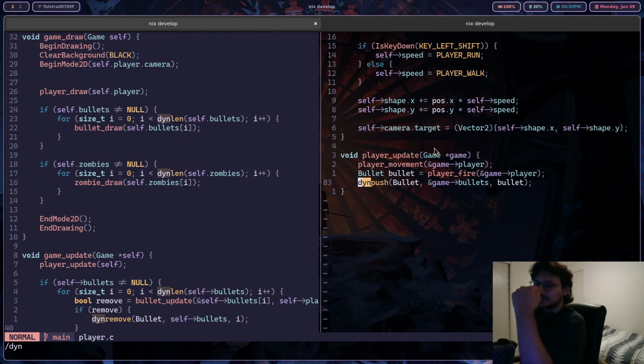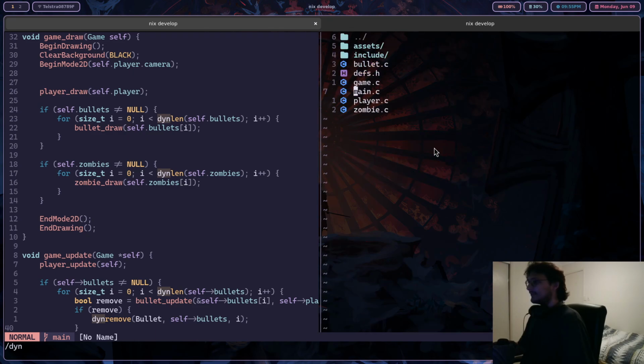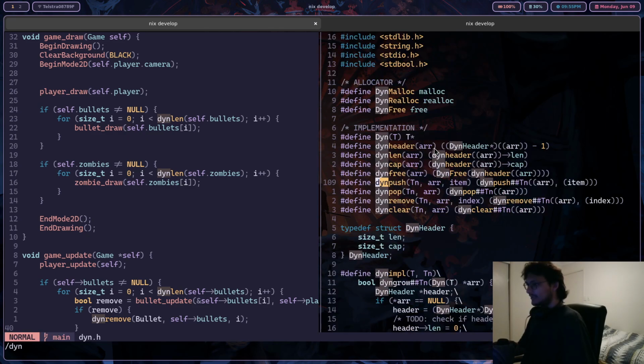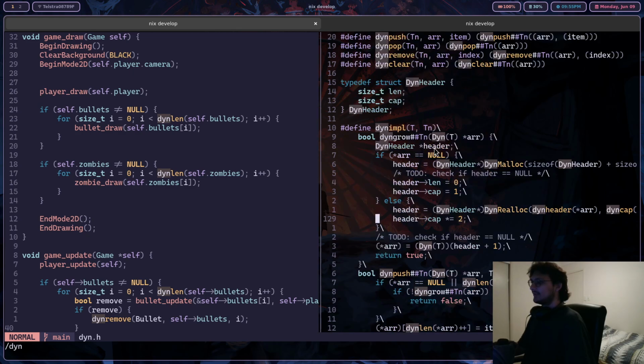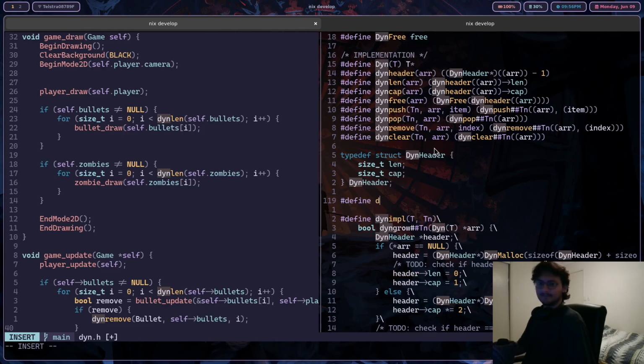Okay, I get what you mean. Oh, I could do that. I'm gonna have to rewrite some of this though, but that shouldn't be too bad because they're just definitions that I need to do. So this is the implementation. All I need to do then here is go dyn-impl. The issue is only calling dyn-impl once to